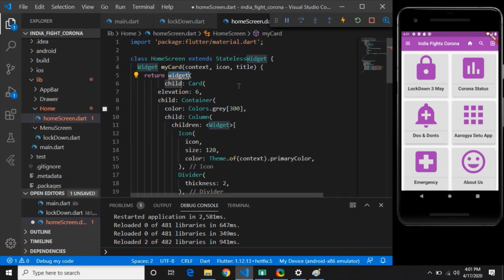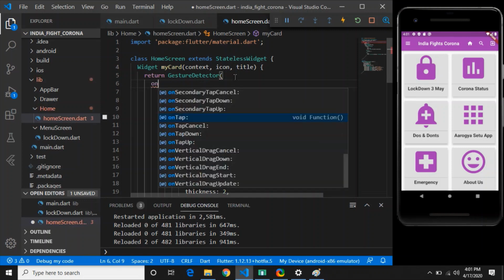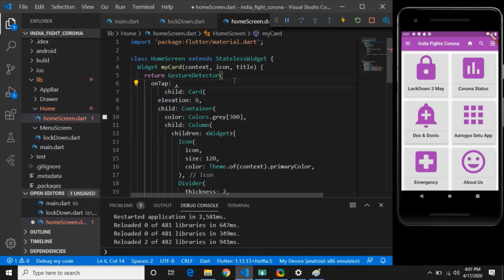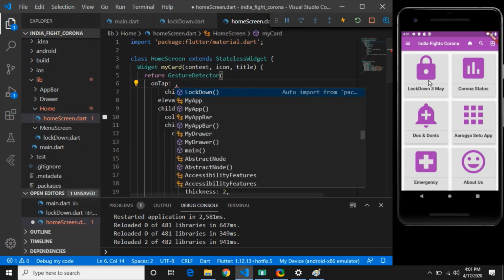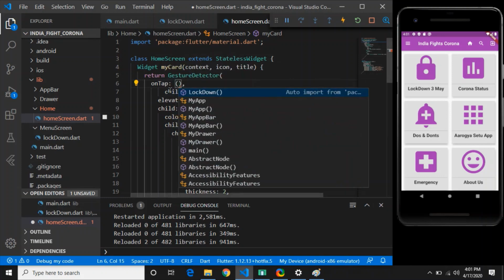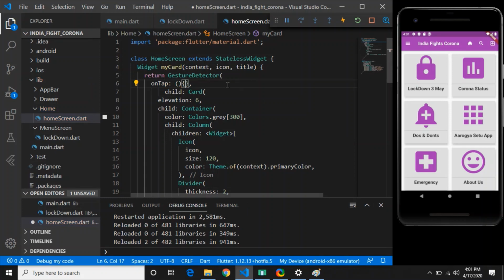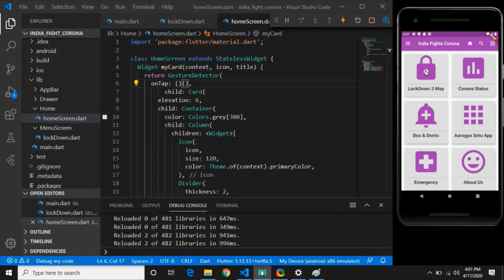There are three types of detectors. Let's say gesture detector, and the gesture detector has one method called on tap. Whenever I tap on this screen, this on tap function will perform something. If I save it, look, this is a clickable event.